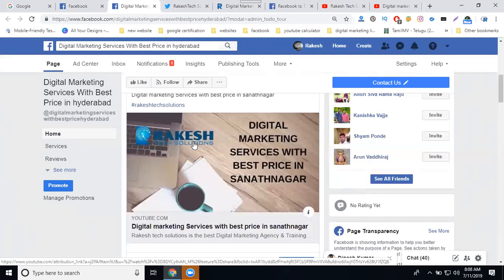So I connect Facebook page 1 to Twitter 1. Now I log in to Twitter 2. Can I connect the same page to Twitter 2? We can't. One page will connect to only one Twitter account. Multiple Twitter logins can't be accepted. This is very important. Multiple pages can connect to one Twitter, but a page connected to one Twitter can't be connected to another Twitter account. Please note down.